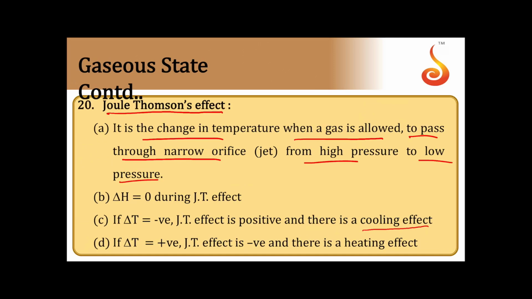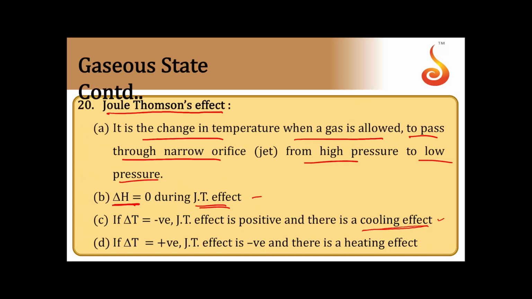So therefore, in adiabatic conditions, whenever a gas is allowed to expand on its own, we can see a decrease of temperature. That itself is called the Joule-Thomson effect. So a cooling effect can be observed under adiabatic conditions. If the conditions are isothermal, since we are keeping temperature constant, we cannot see a drop or an increase of temperature, which means there is no Joule-Thomson effect. When delta H is equal to 0, no Joule-Thomson effect.